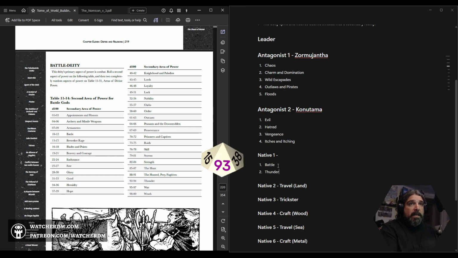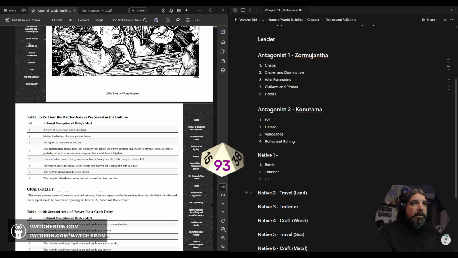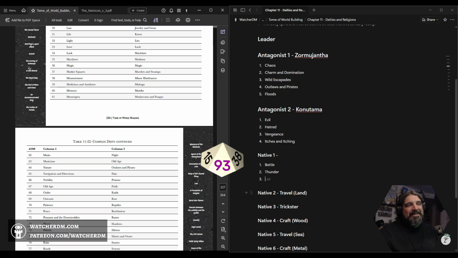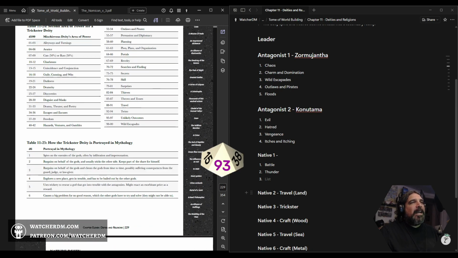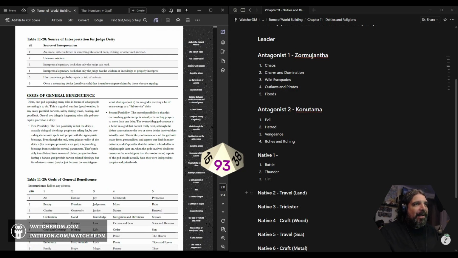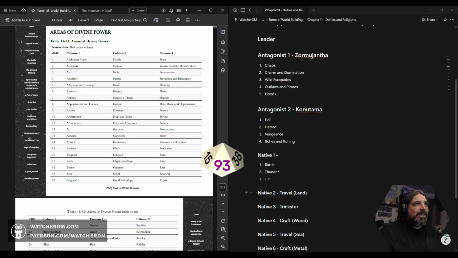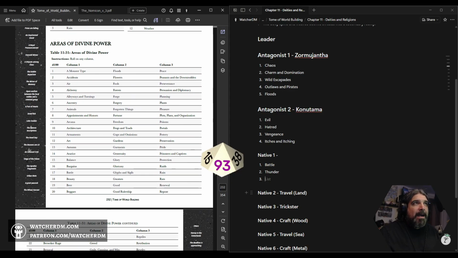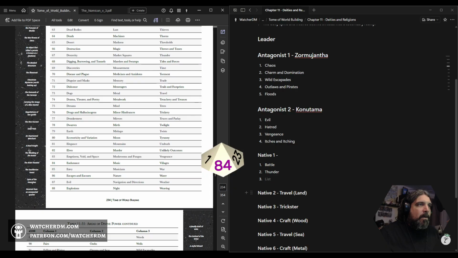Thunder's cool. I'll take Thunder. Thunder's fine. Battle? Dumb. Sorry. I don't mean to be mean, man. It's a Herculean effort to make a book this big and juicy, so I'm only teasing you. Battle is kind of dumb. Whatever. All right. D100 for our secondary powers, and it's 3 columns. So we're going to roll, and then pick the best one from the columns that we get. 84 down here. Endurance, music, and villages. I think music. Like thunderous battle music. That could work.